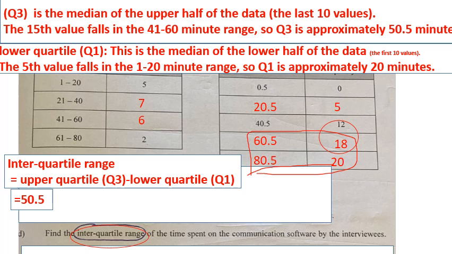Let's look at how to find lower quartile Q1. Do you know the definition of lower quartile? The lower quartile is defined as the median of the lower half of the data, the first 10 values. So the 5th value falls in the 1 to 20 minutes range. The 5th one is at the end of the first